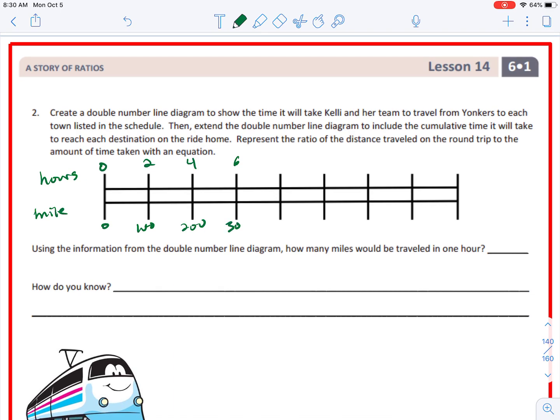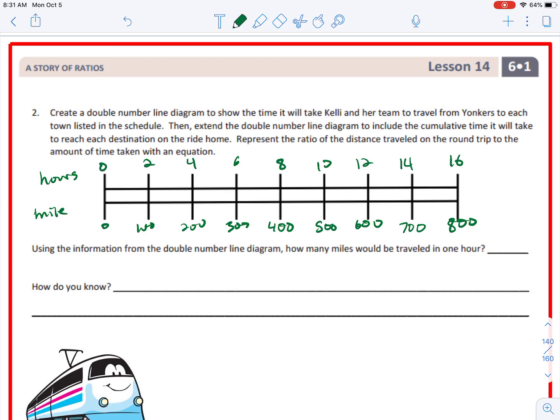This is just another tool you can use to display your data. If you see this on an assessment, on a test, you will be familiar with it. You won't ever see these on any of my tests. I prefer tape diagrams. Using the information from the double number line, how many miles would be traveled